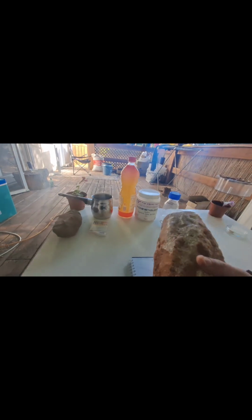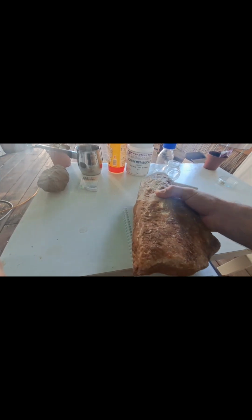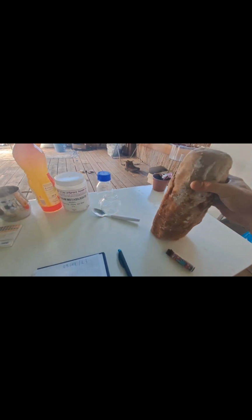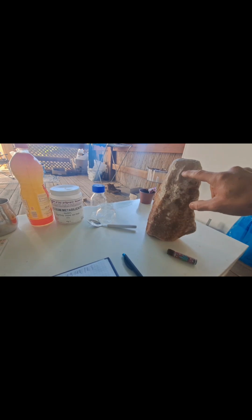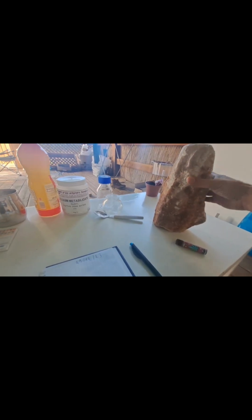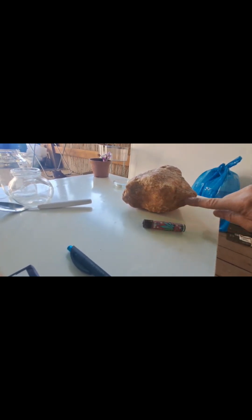There are some groups and some people claiming that stones that we find in nature, like this quartz stone, are actual petrified body parts, soft tissue petrified body parts. For example, I believe that this stone is a giant thumb. Here you have the indentation of the nail. Here you have some marks that indicate bone, veins, arteries, all kinds of stuff. And you know,